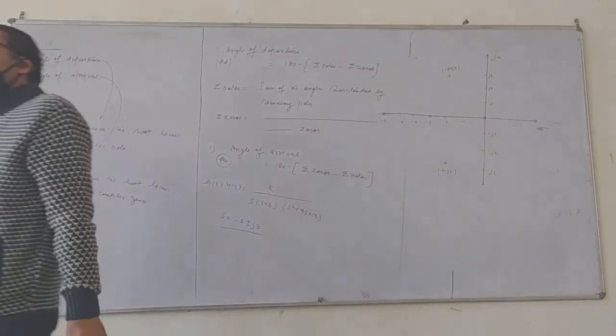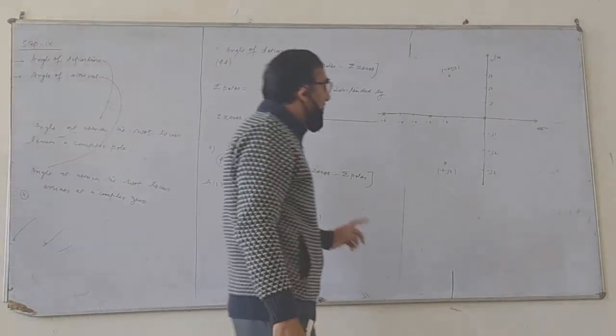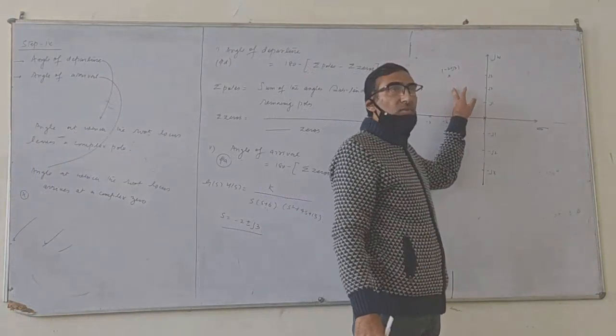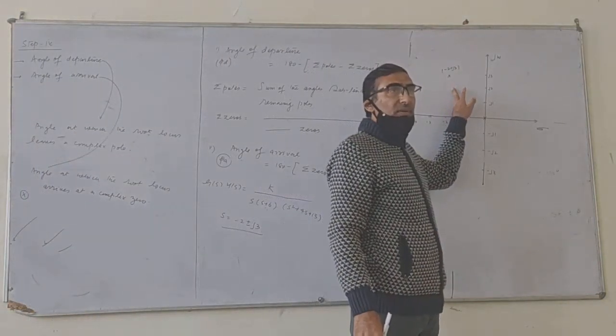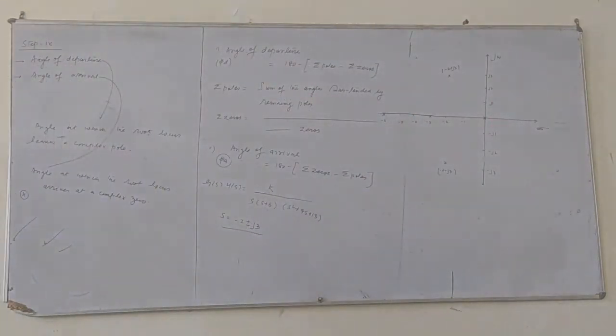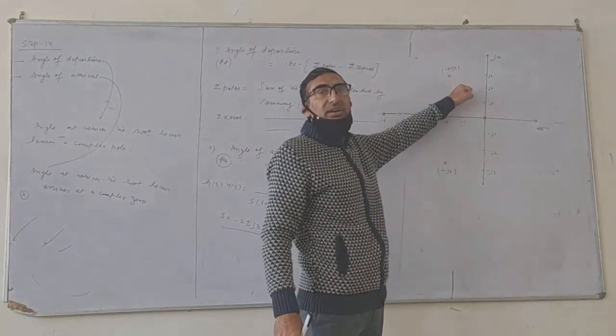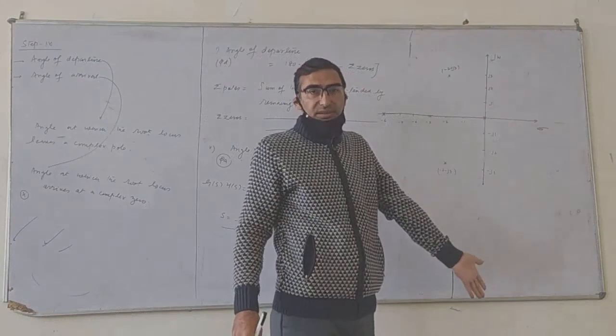Since we have to calculate the angle of departure, we have to take a reference pole. So the reference will be a complex pole only. Which do we have to take? Always prefer to take the complex pole which is in quadrant 2. Why? In quadrant 2, how do the angles have to be found? 180 minus theta. First quadrant, add sugar to coffee: all are positive in the first, sine is positive in the second, tan in the third. We don't need so much geometry here, but you should always remember that in the second quadrant, if we have to find any angle, it will be 180 minus theta.